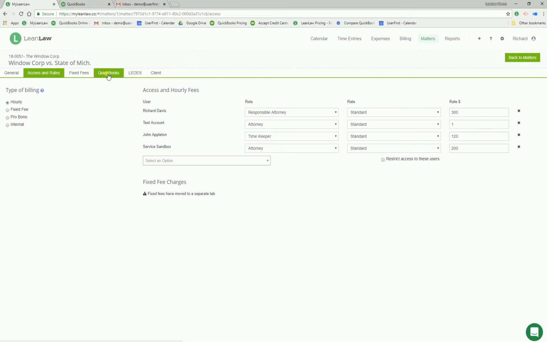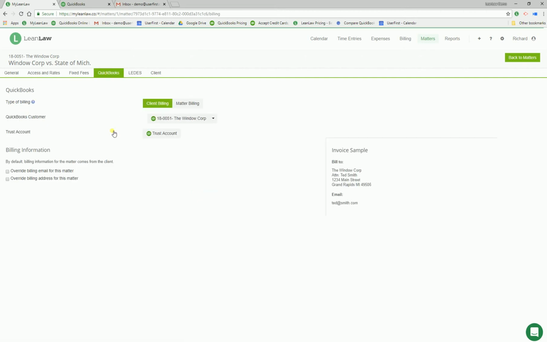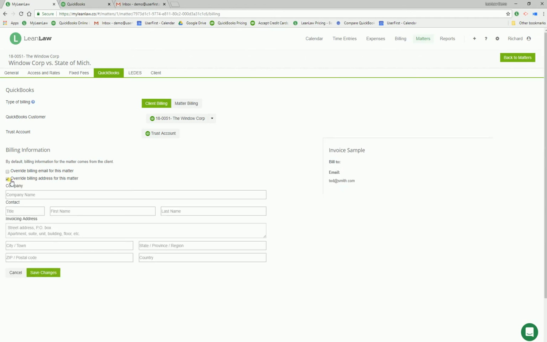QuickBooks is our QuickBooks tab. This shows us our integration with QuickBooks with this particular matter. We're set to matter client-based billing, but we could have also set this to matter-based billing, which just simply means that the client has asked us to bill the matter and keep the accounts receivable with the matter and not the client. If I ever needed to bill a third party, I could easily override the client billing and add